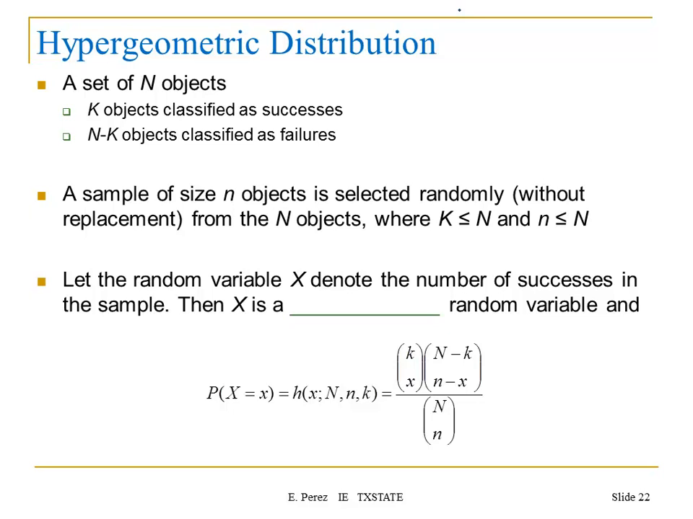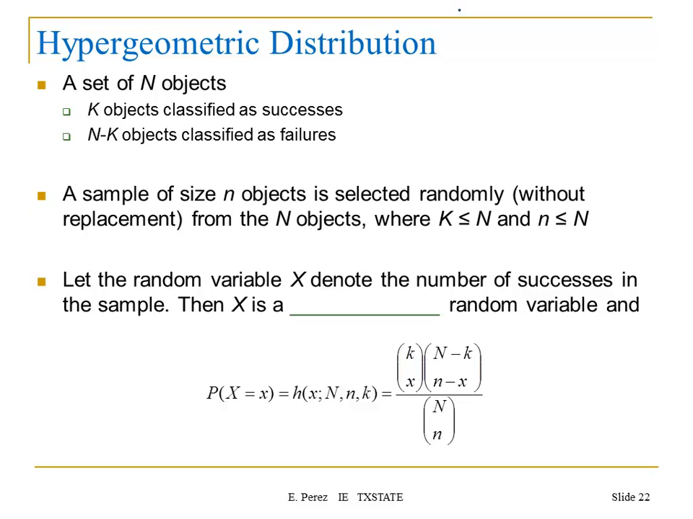So for the hypergeometric distribution, we start with a set of N objects. Very important that you notice that we're using capital N here. So we're going to have a big N to describe the number of objects that we have in our experiment. Then, from this group, there are k objects that are classified as successes. And then the difference between the total and the number of successes, we have the objects that are classified as